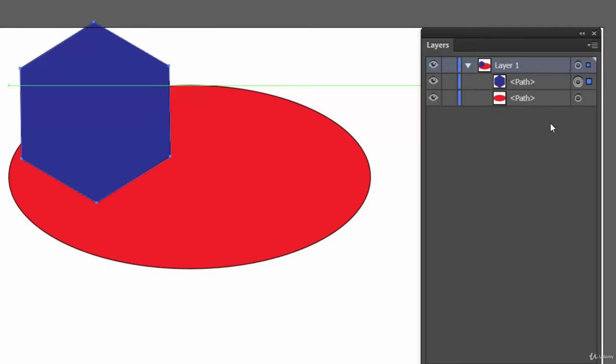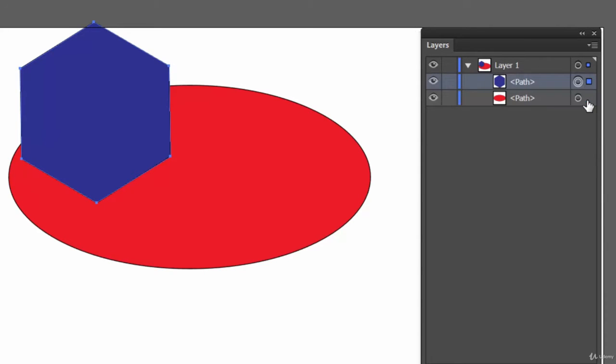Now for creating a clipping mask, I will tell you everything, but first let's perform some operations, then I will explain each and every step. So what we have drawn, first we have drawn an ellipse, and then we have drawn a polygon. So the polygon is at the top now, right? Now let's select these two by clicking here.